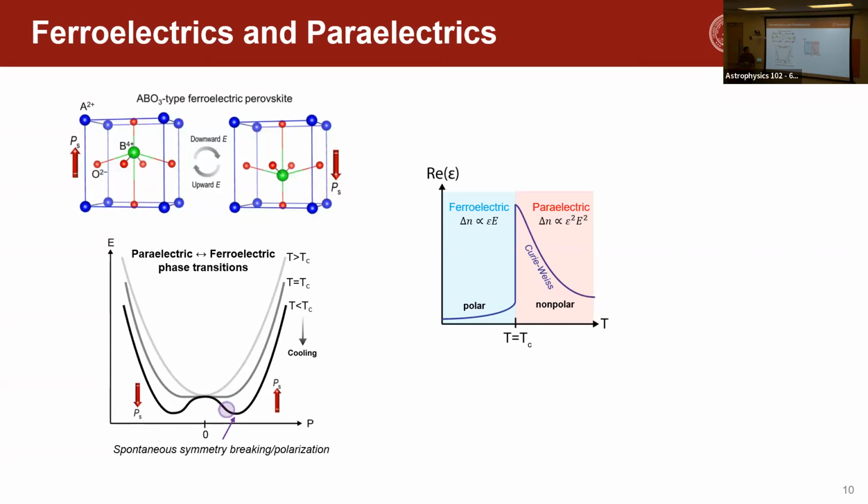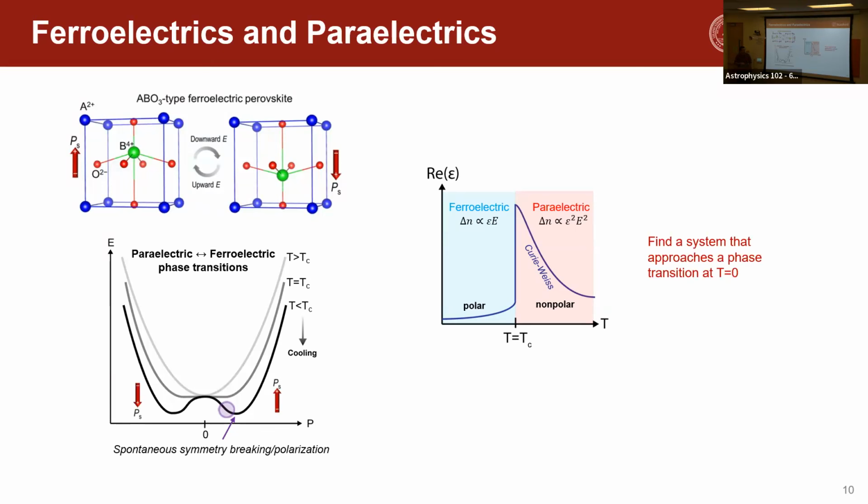And crucially, there's also another thing that changes as we go from this paraelectric to this ferroelectric state, and that is that your material goes from being non-polar to polar. So in this higher temperature regime, you're mainly focusing on an electro-optic effect that's quadratic, whereas when you break the symmetry, you can also have a linear electro-optic effect. But what we did was really try to maximize epsilon, which shows up in both of these situations.